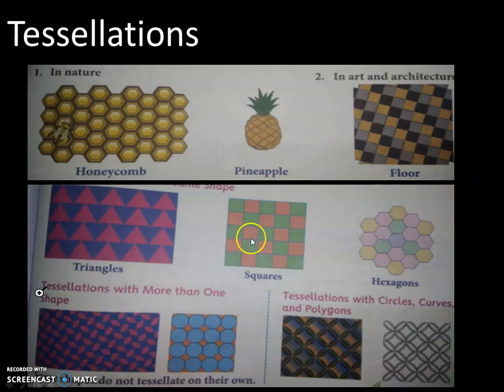These are the shapes we usually use, triangle or whatever it is, the patterns which repeat. So this is all triangles repeating with two colors, these squares repeating with two colors, and this is hexagon, and this is also different shapes. This is an arc, a circle, a polygon, like that we'll get.